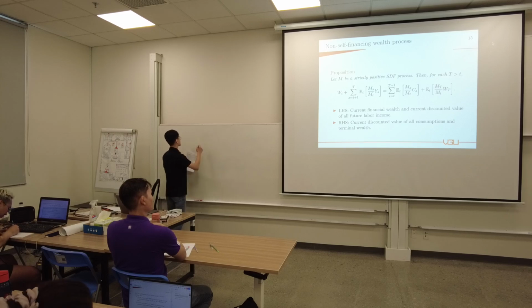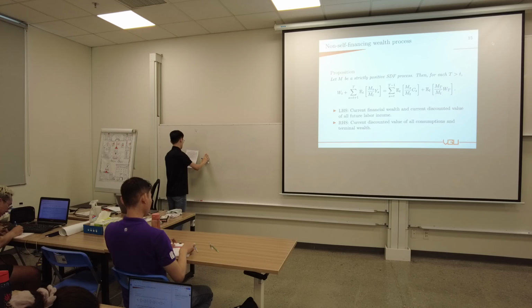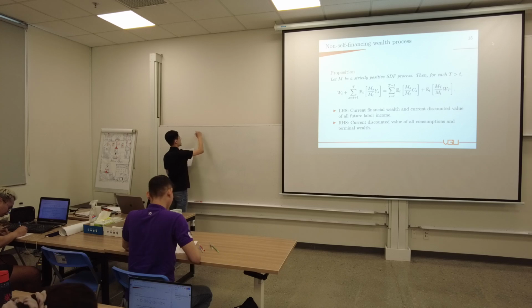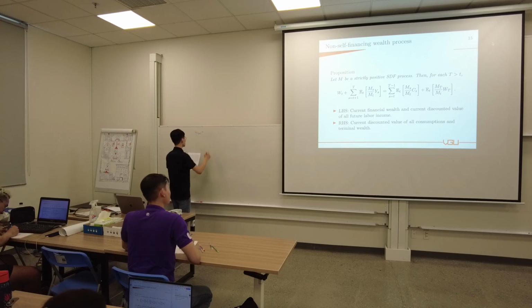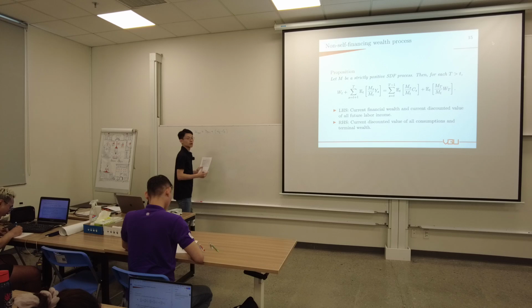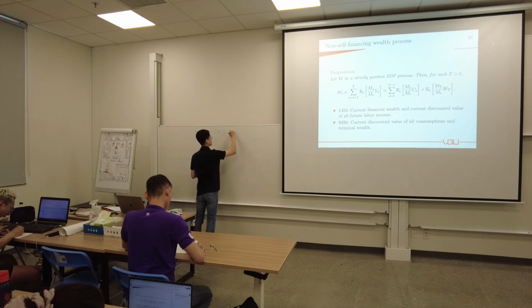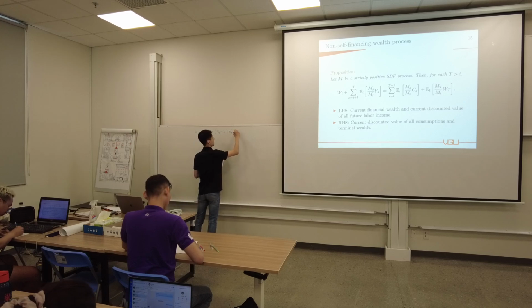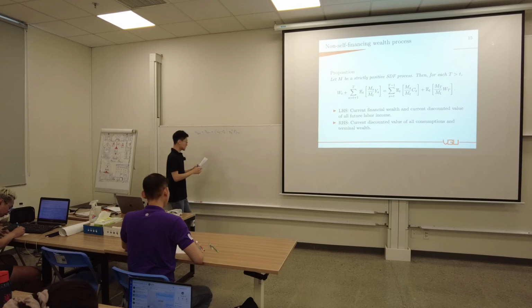So suppose this is true for t plus 1. And what is the intertemporal budget constraint? Assume that it is true for tau plus 1, so we don't mix up notation. So this is the budget constraint. For tau plus 1, we have some income. We have some investment. The amount of investment is W tau minus C tau. We are investing in some portfolio, and we get some return. This is our intertemporal budget constraint.